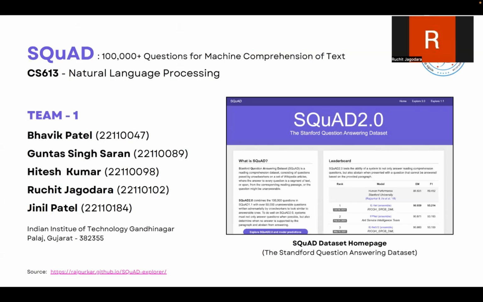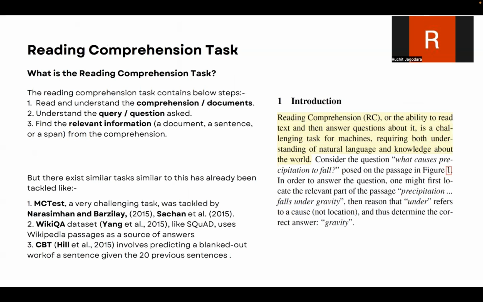So hello, our team will be presenting the SQuAD dataset research paper, which came out 1 year before the "Attention Is All You Need" paper was published. So next. Yeah, the main task of the dataset was to